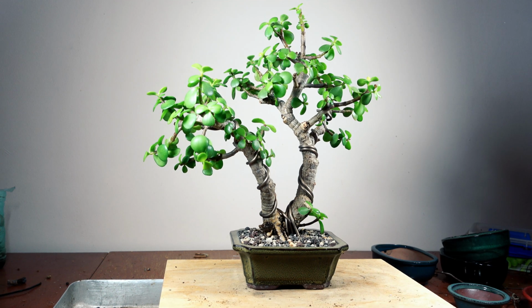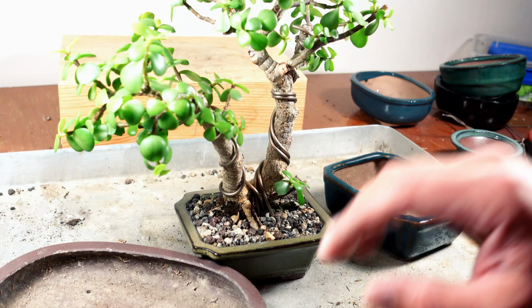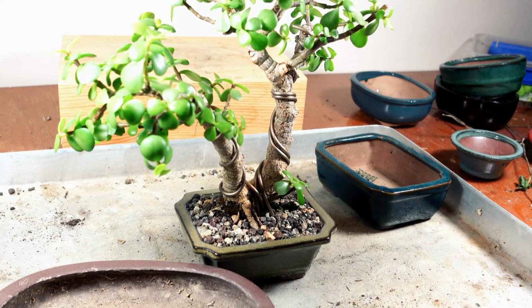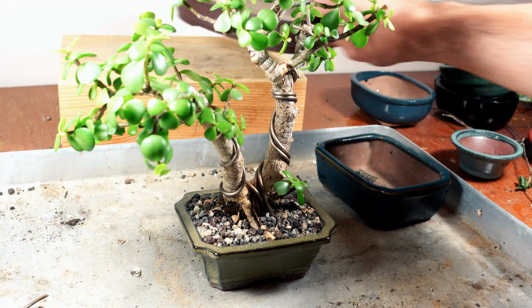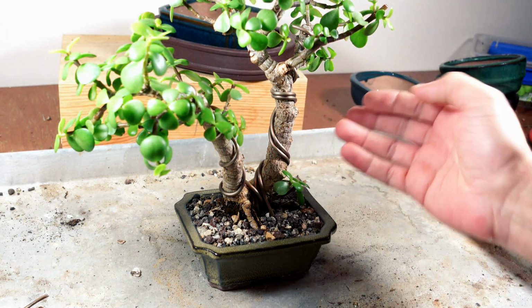So if I decide to place it in this, well, I will need to grow my tree bigger. I still haven't decided if I want to use this and this. It's a very hard thing to decide in this stage. And when in doubt, talk to the tree. So, little jade tree, what pot do you...